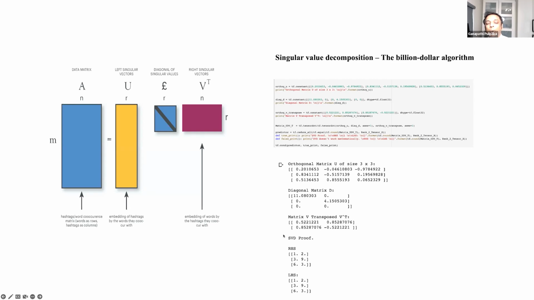That will give us the matrix V here. So now the SVD proof here is basically what we got here, which is 1, 2, 3. So it's exactly the same as the LHS we had earlier. We are just reconstructing it with this logic to see whether the SVD is working or not. So basically it works. The predictor worked, and it has actually computed the singular value decomposition.